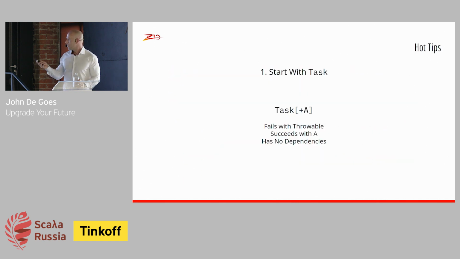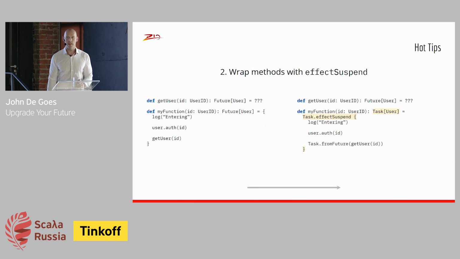All right, so what have we seen from this example? Well, first off, if you're starting to use ZIO, experiment with Task first. There's only one effect type in ZIO, and it's actually not called Task. It's called ZIO. But that type has a lot of power and you might not need it. So there's a type alias for you called Task, and Task is the simplest analog of Future. It's almost the same as Future, and the type parameter has the same meaning. It either fails with a Throwable or it succeeds with an A, and this Task has no dependencies.